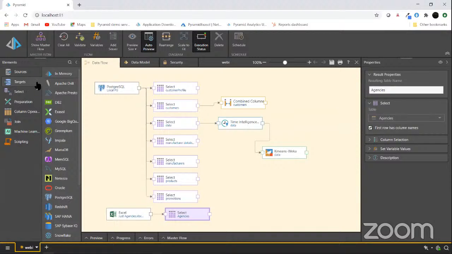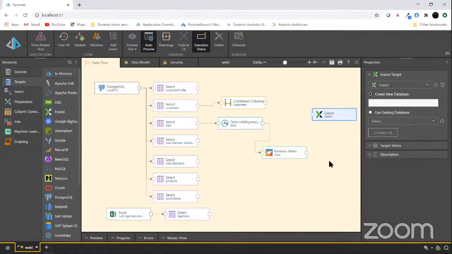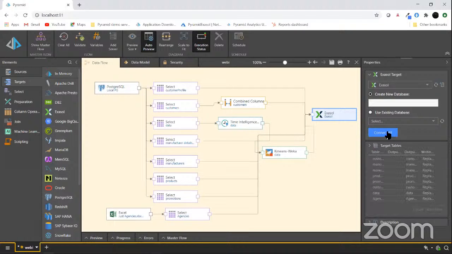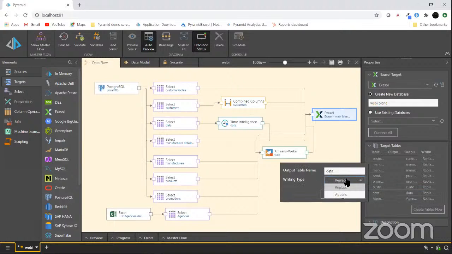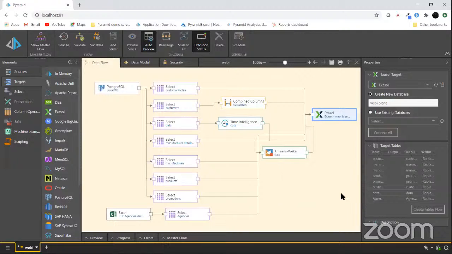So I need to choose a target. And again, in this case, of course, we're going to take my Exasol database as the target. I want to connect all the dots, and I want to set up a new one. Let's call this one Webinar Blend. And you'll notice also things like I'm able to create some incremental data loads as well as refreshing the entire model. So again, I can build over time that sort of time-oriented data warehouse structure.